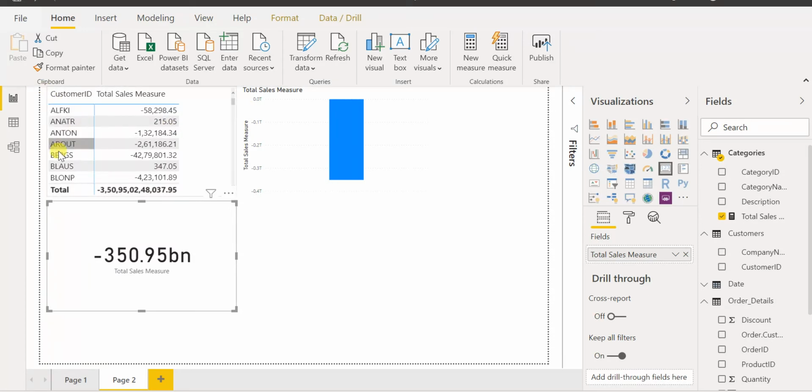And what will happen for each and every customer? For customer number one, it will go back, and all the measure calculations will happen dynamically. It will not pre-calculate and store the values in Power BI, but based on the measure, it will calculate the values dynamically, and it will use CPU.